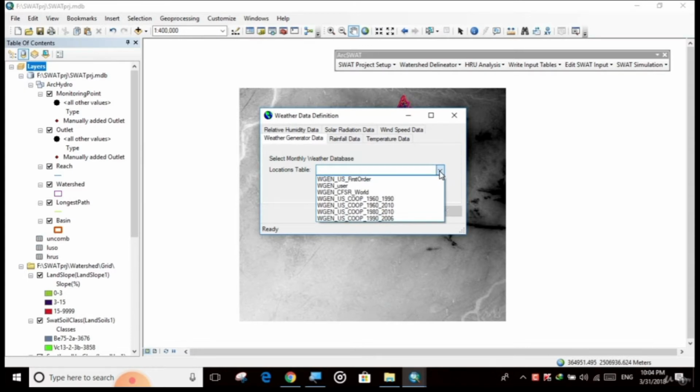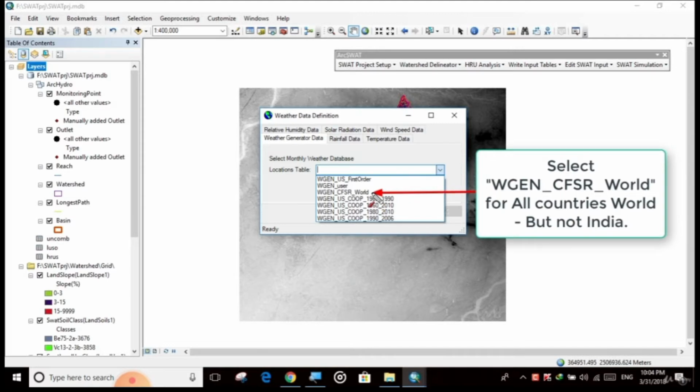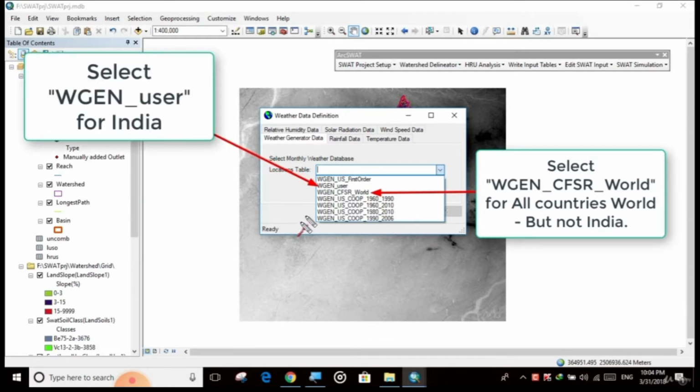Here are two databases it is showing. It has a CFSR World database. If your country is not India, if you are from other countries, then you have to select CFSR World. And people from India need to select WGN user. Both are similar. Both databases contain average climate variables for a specific region worldwide. WGN user only contains India, and WGN CFSR world contains weather stations around the world, and